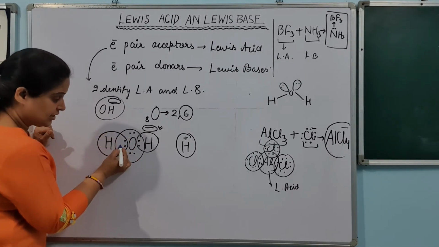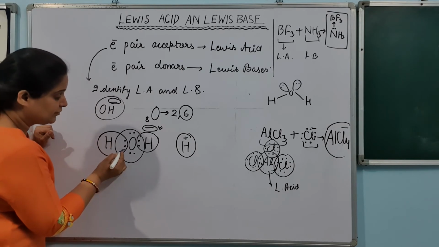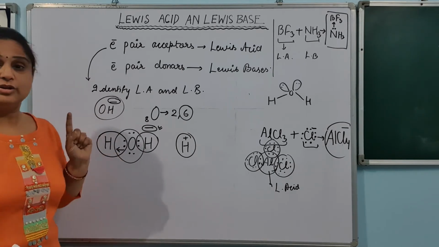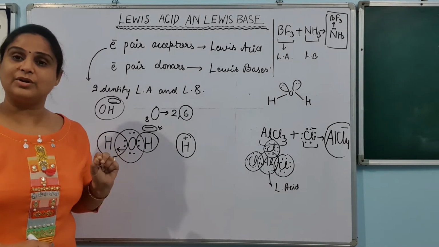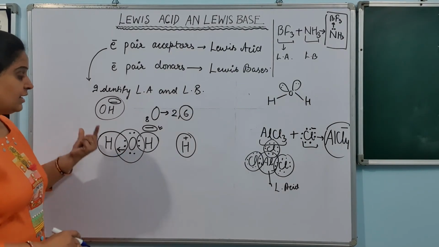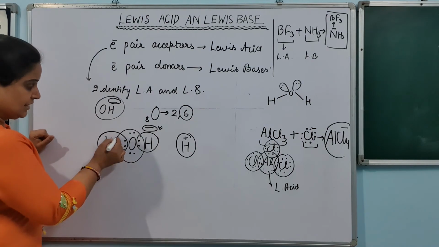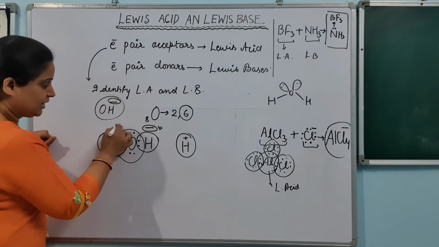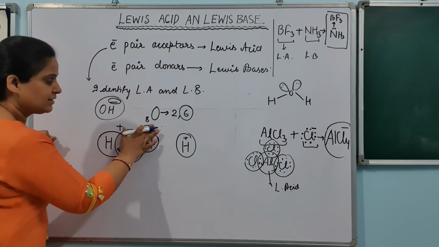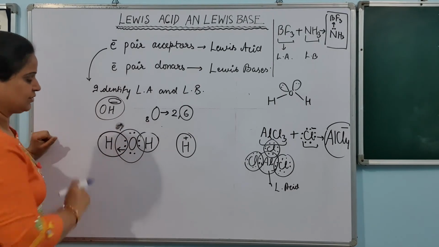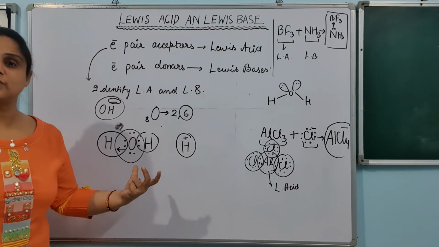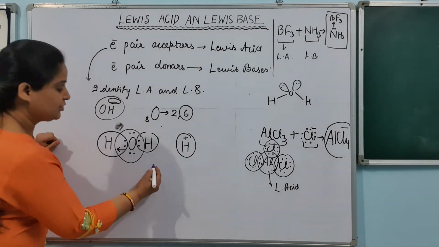Now this is shared but this sharing is only from the oxygen side. This type of sharing is called coordinate bonding. तो अब क्या हुआ, एक H प्लस के साथ ये बॉन्ड बना. अब now because this was plus coming to it, तो एक प्लस और एक माइनस मिलके there will be no charge on it. So this water molecule is formed this way. You can say that. So you can write it like